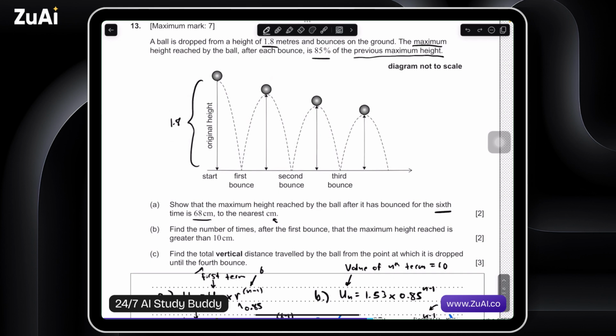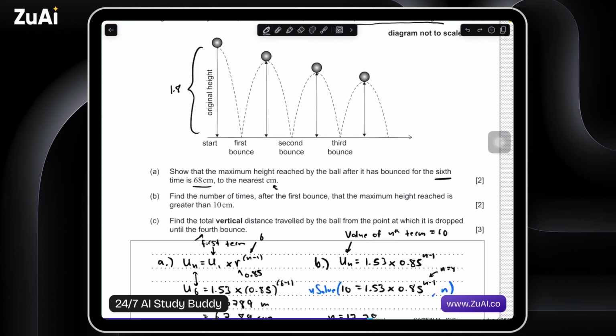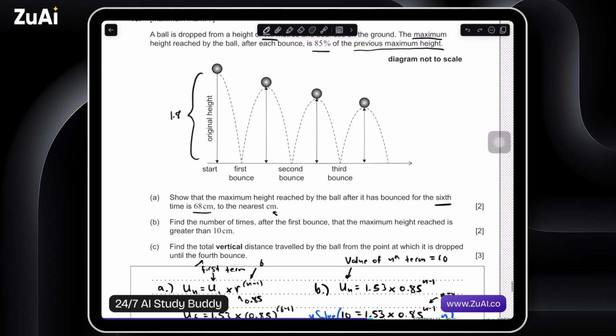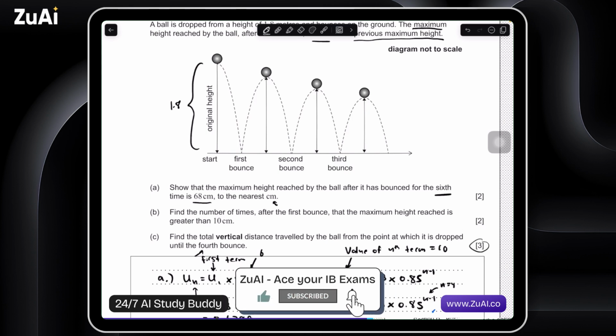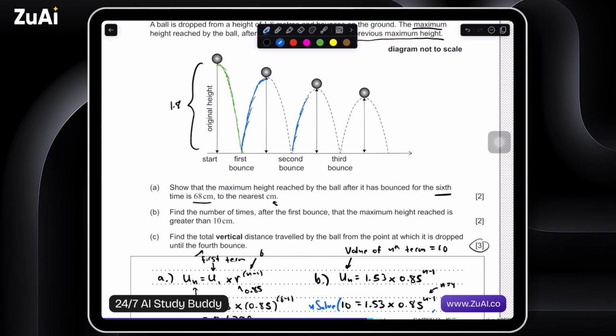Okay, let's go to part C, asking us to find the total vertical distance traveled by the ball from the point at which it's dropped until the fourth bounce. What makes this one a little challenging, and we could suspect that it might be given that it's the final question on a paper 1 and it's also a 3-mark question, is that the total vertical distance is not just this initial drop height. What makes this extra challenging is that we have the ball traveling upwards,